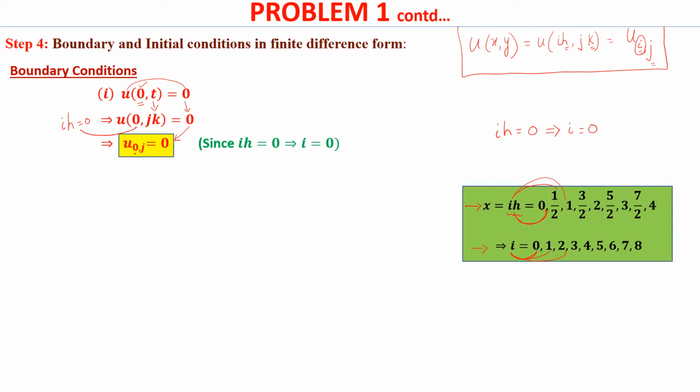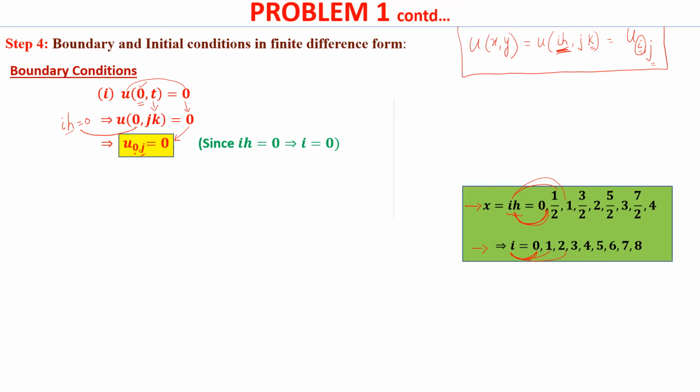I hope you understood. First step, what did I do? I replaced t by jk. There was no x to replace and therefore we just mentioned it as t as jk, and then that jk became j in the suffix. But look at the first argument. The first argument took the value 0. 0 is for the argument ih. So ih took the value 0. When ih takes the value 0 from step 3, look at this green box. When ih is equal to 0, then I get the corresponding I value to be 0, and therefore u0 comma j